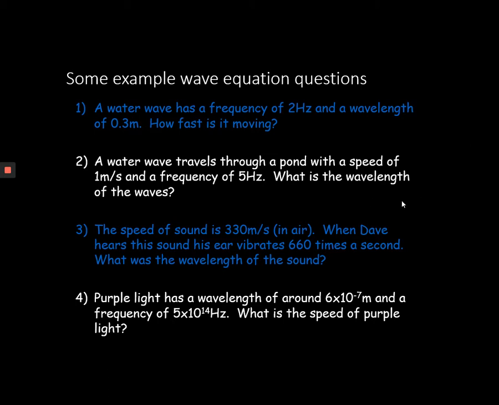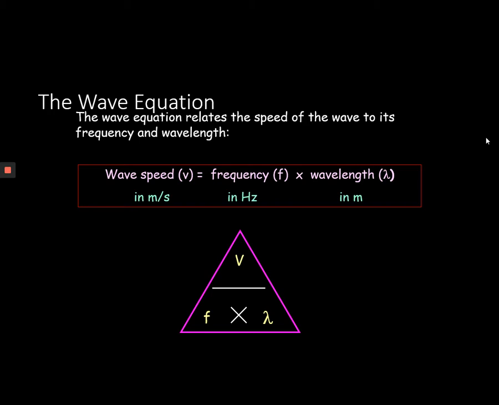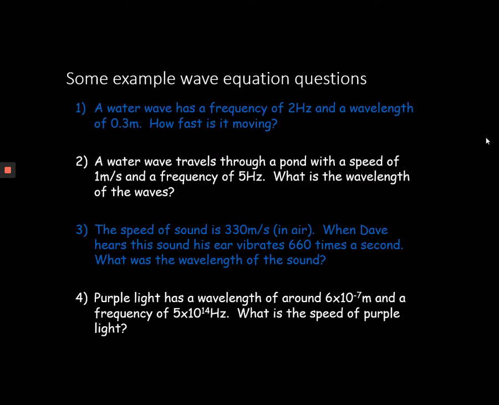So here it says a water wave has a frequency of 2 hertz and a wavelength of 0.3 meters. How fast is it moving? So you should realize they're asking for the speed of the wave, which is just v equals f times lambda. We're just using this equation. You're asked for wave speed. Wave speed is already the subject of the equation. It's on its own, in other words. So that equals frequency times wavelength. So you would just do 2 times 0.3. Nothing tricky there. You'd put the units in meters per second, and it should come out as 0.6 meters per